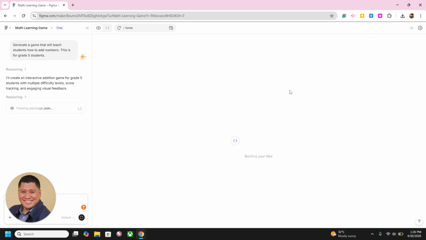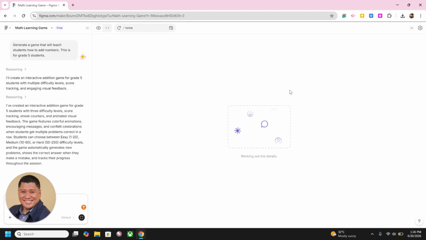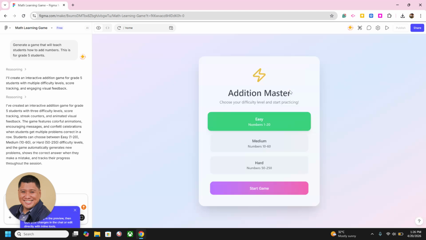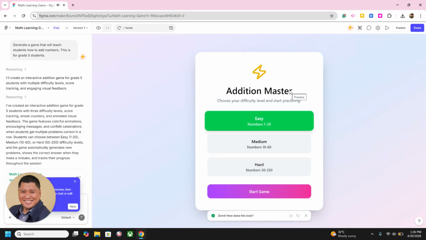It will only give you some free tokens, and after that, if you're still on the free version, you have to wait at least 24 hours before you can utilize it again. So that's the little drawback.